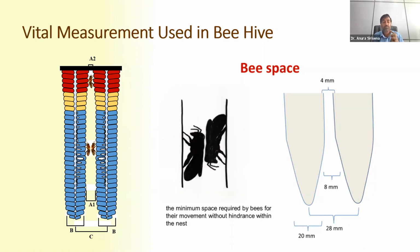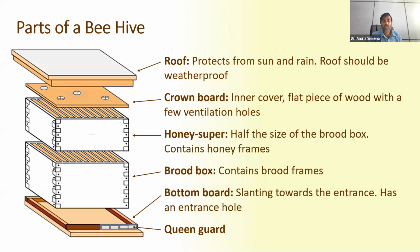Normally it is 34 to 35, right? So it is the ideal temperature for them for the rearing of these eggs and all, right? So the beehive is normally designed to provide all these requirements. Right, now,